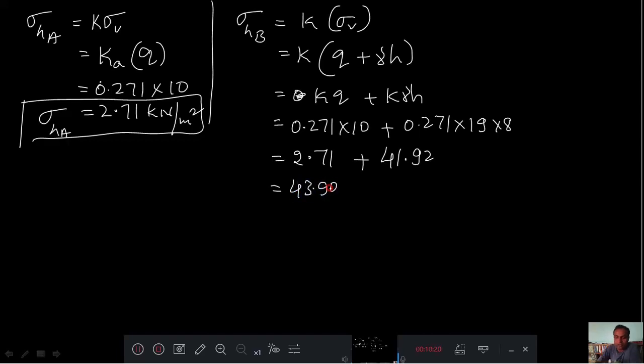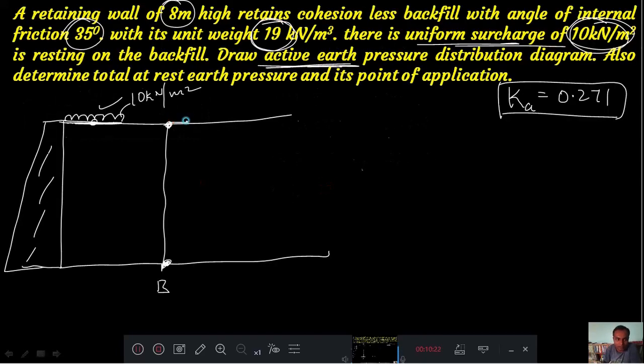This is your 43.90. Now this is your 2.71, and this will be a straight line, and we will have one more line. Okay, one more line. This is your 2.71, and this is 41.92, and 41.19, right? Now we will make two diagrams, one is the rectangle diagram with P1 and